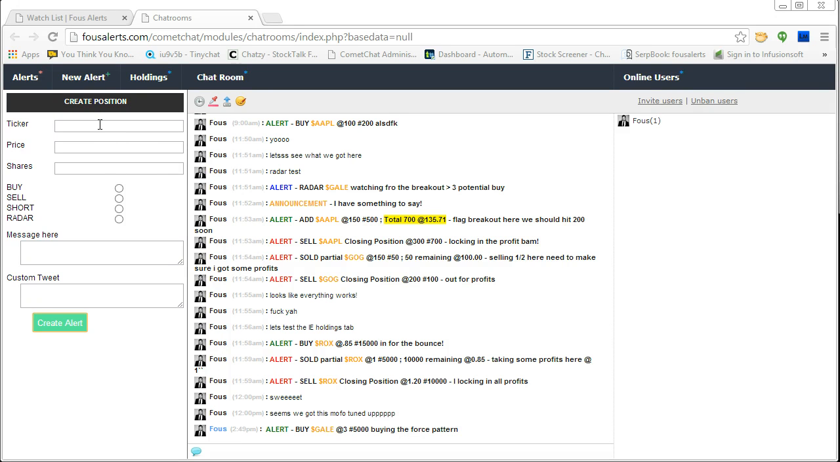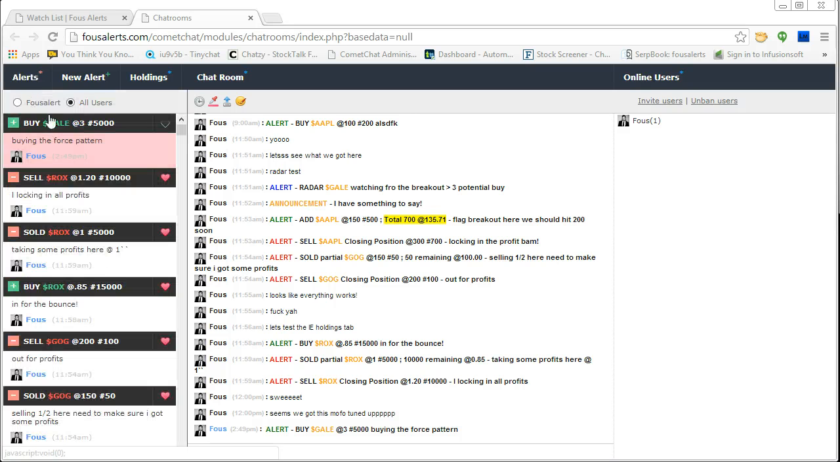So you can see there, that alert just went through here. You just heard that other noise, the text message noise. That was the text message just coming in right afterwards. Within seconds, that text message just went through there. It shows up here in the alerts feed: buy Gale at 5,000 shares, buying the force pattern, which was the message, and also shows up here in the